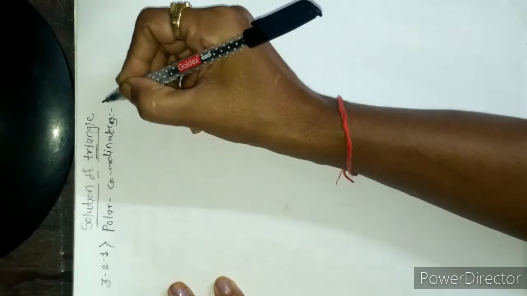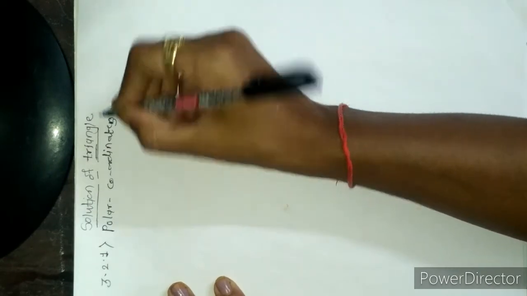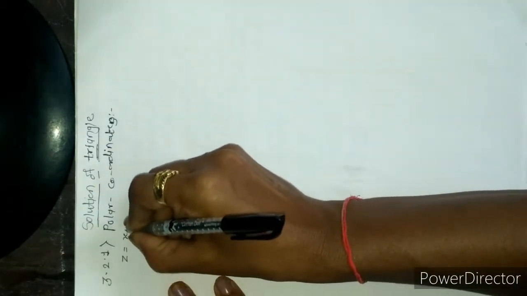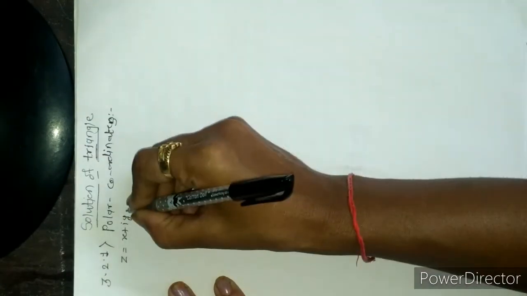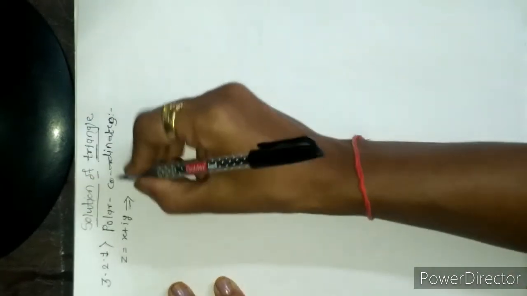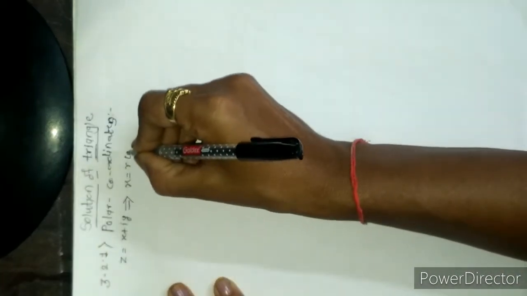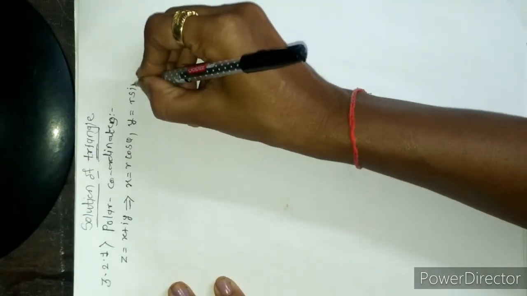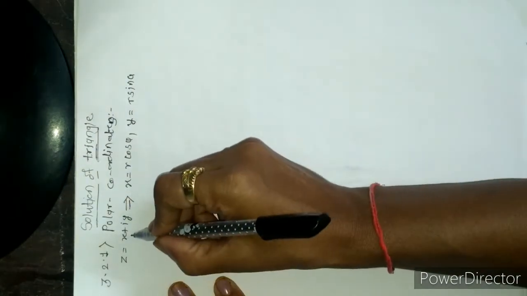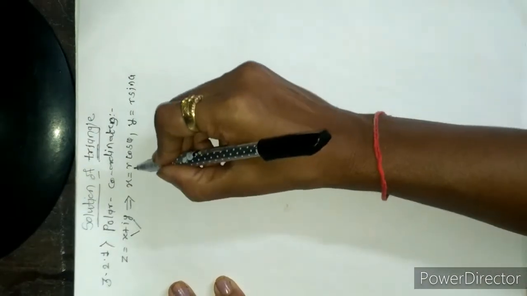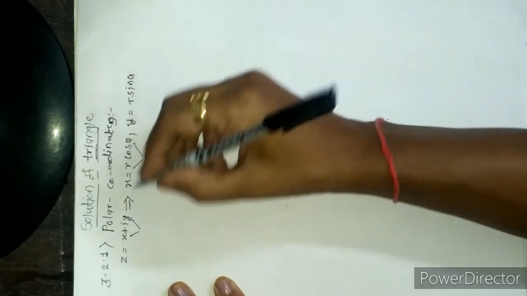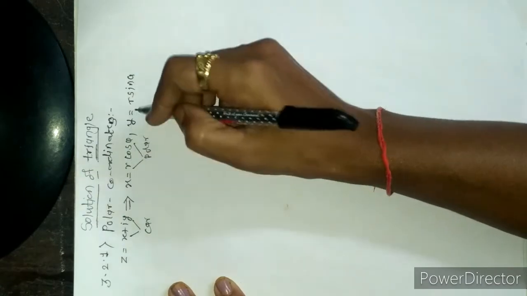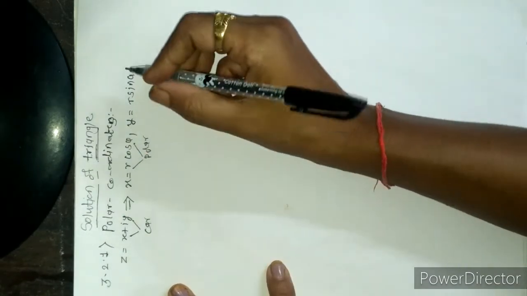Polar form of a complex number means we can explain that complex number z, which is equal to x plus iy, and using the polar form we can take x equal to r cos theta and y equal to r sin theta. In this case, x and y are Cartesian coordinates, whereas r and theta are polar coordinates. These are Cartesian and this is polar. The coordinates are the same, but we take a different system.